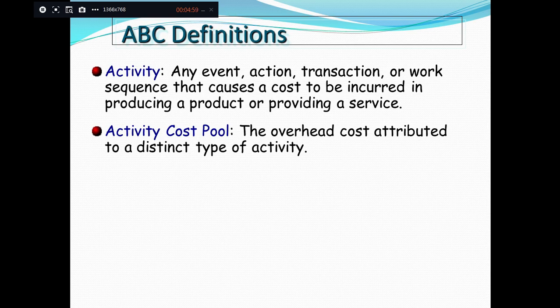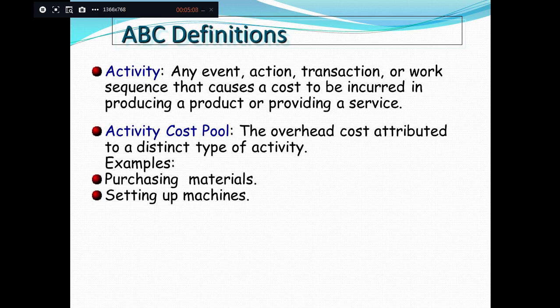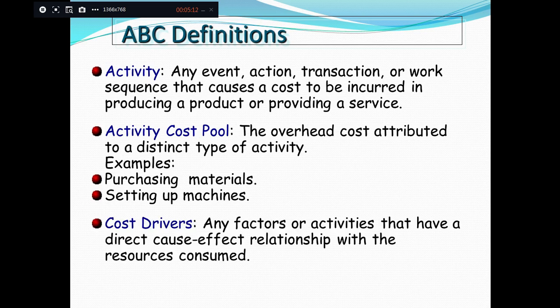Next is the activity cost pool, which is the overhead cost attributed to a distinct type of activity, like purchasing materials or setting up the machine, which consumes the activity or results in the cost consumption. The other is cost drivers, any factors or activities that have a direct cause effect relationship with the resource consumed,